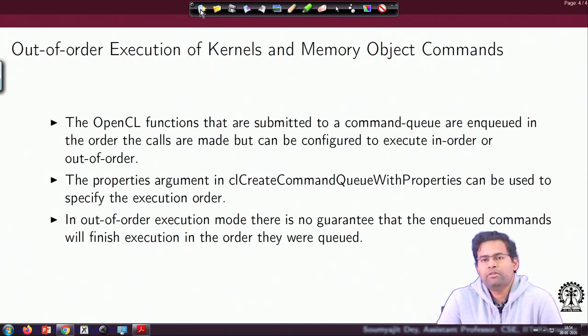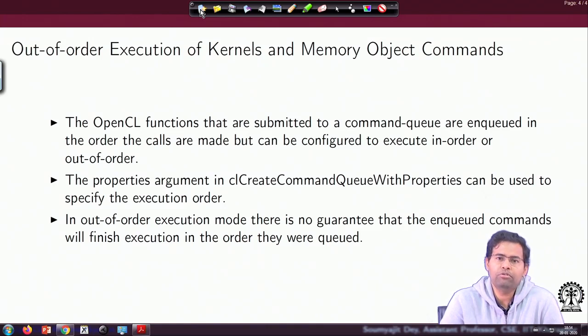For example, there may be separate read-write units and compute units. The compute unit is not free, but at the same time I could have taken a read operation out of the queue, and in that way I could have achieved some parallelism in using the runtime system. But for that, the command queue should also be able to issue the commands in an out-of-order way. I am just trying to motivate how out-of-order execution from the command queue may give